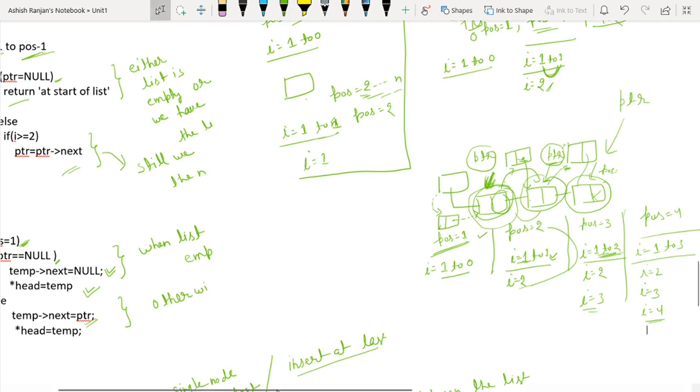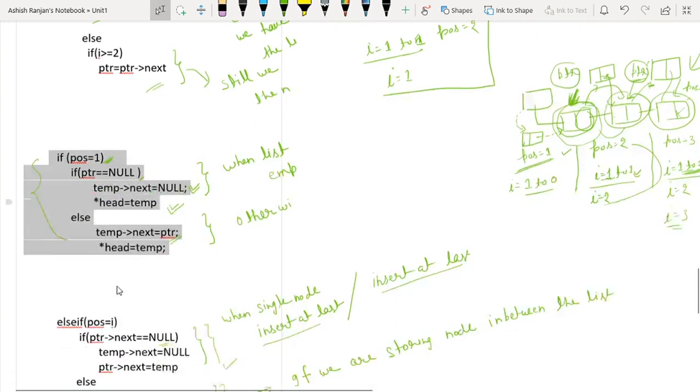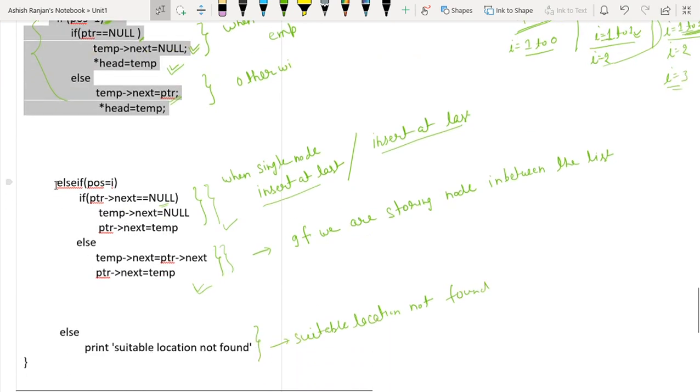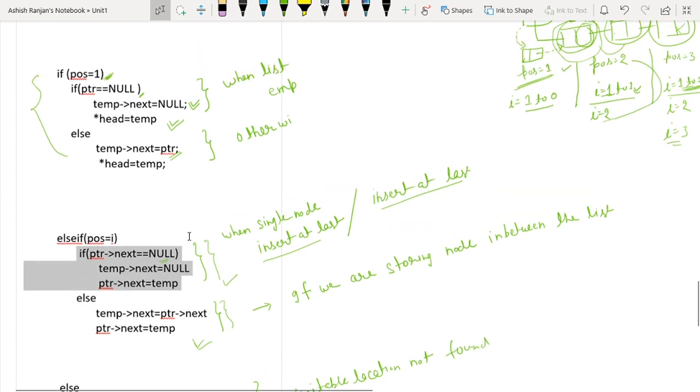Again we'll check the condition. This if will not execute because I don't want to store the element at the front. This else will execute, and it will check whether the node is the last node or not. In this case, this code segment will execute.